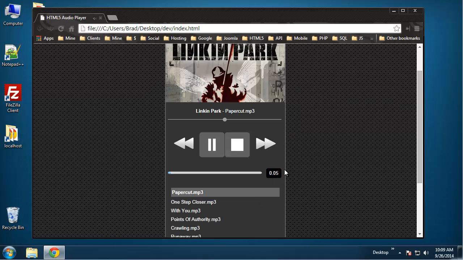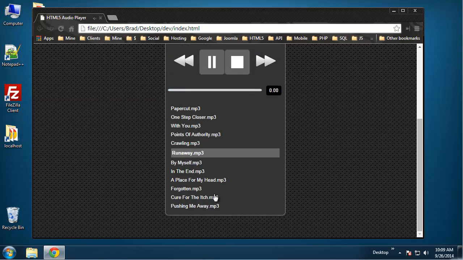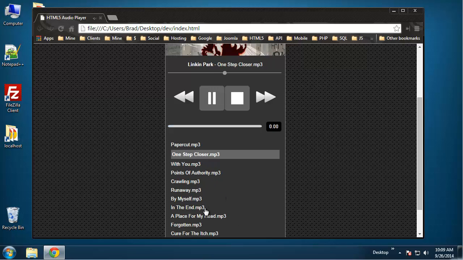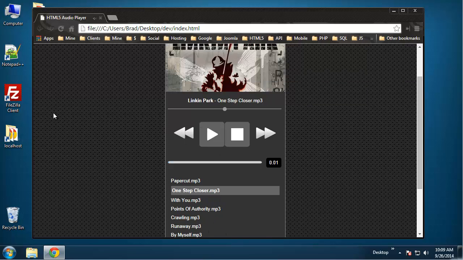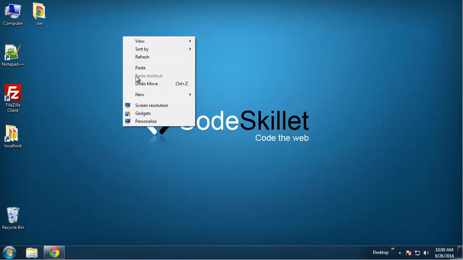You can see the duration, and this progress bar is also going to show you the duration. I can go ahead and pause it, and we can switch through tracks. Alright, we can go back, and we can also click on the song down here. Alright, so full functionality. So what we're going to do is go ahead and create a new folder for our